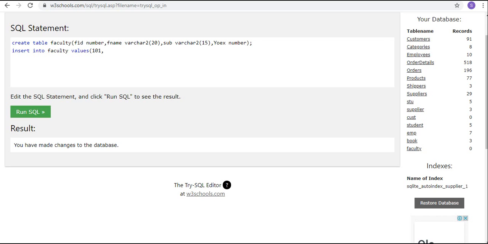Next, Pawan. Subject, it is also varchar, so keep it in double quotes. Web, years of experience 10, semicolon.